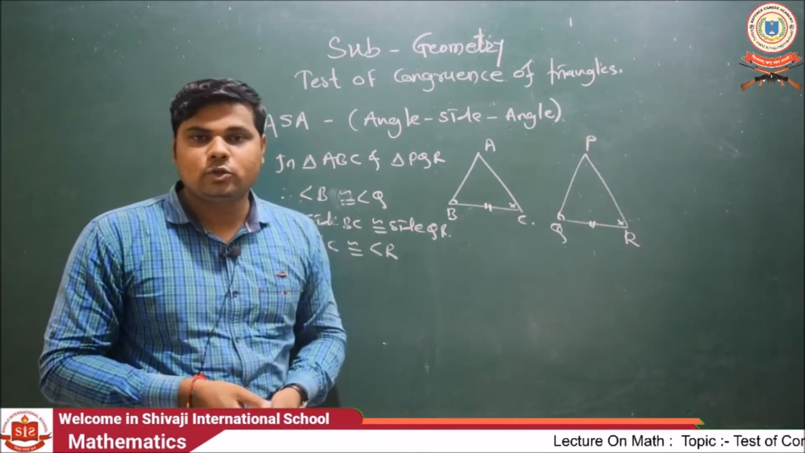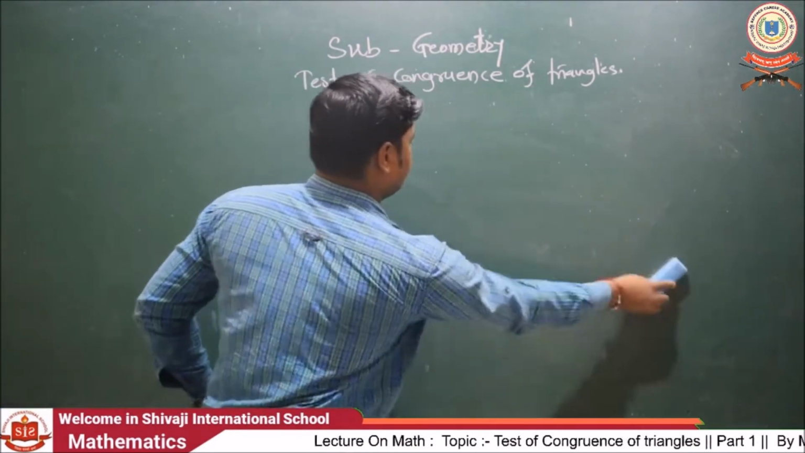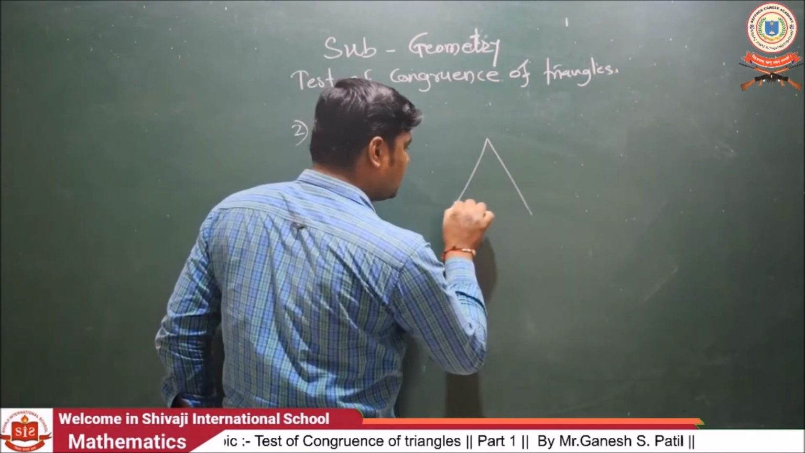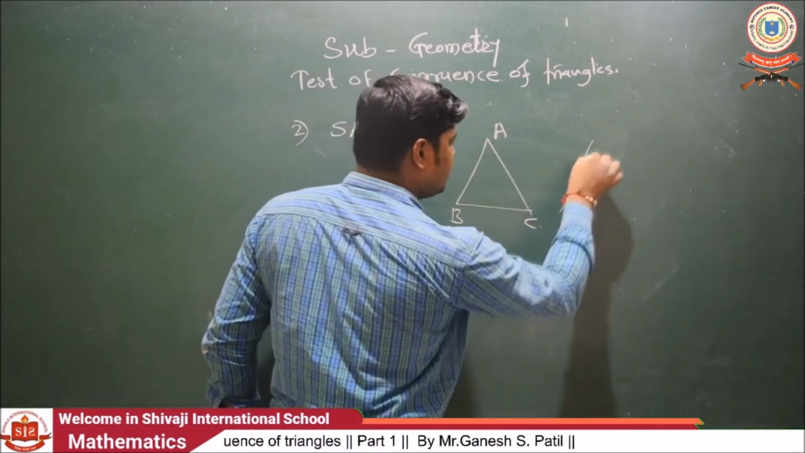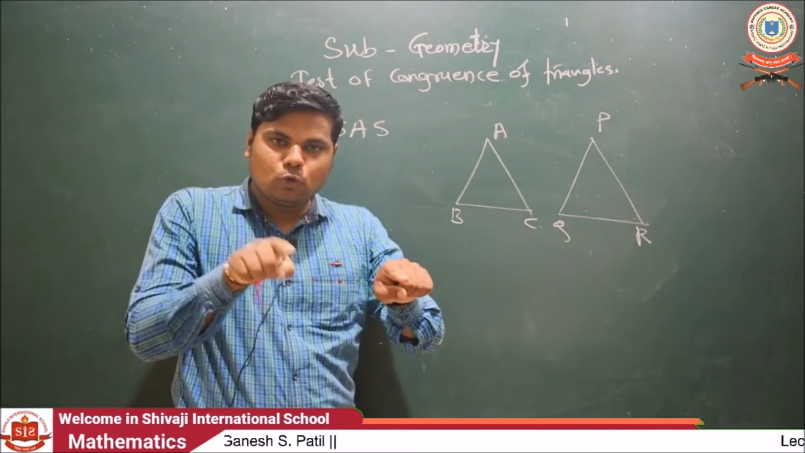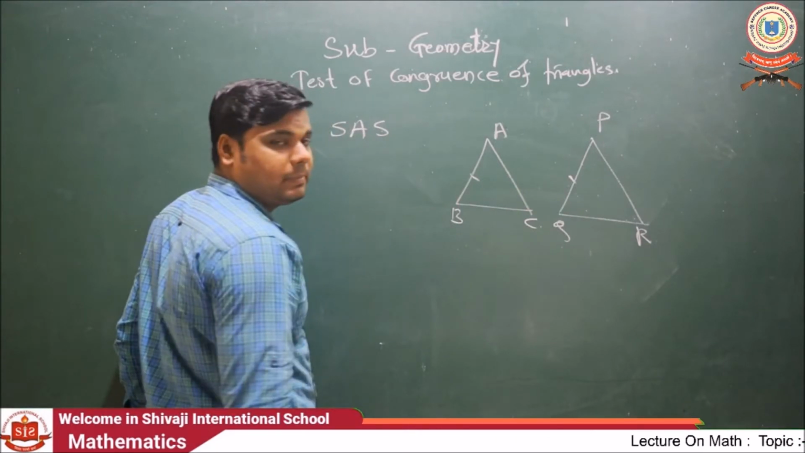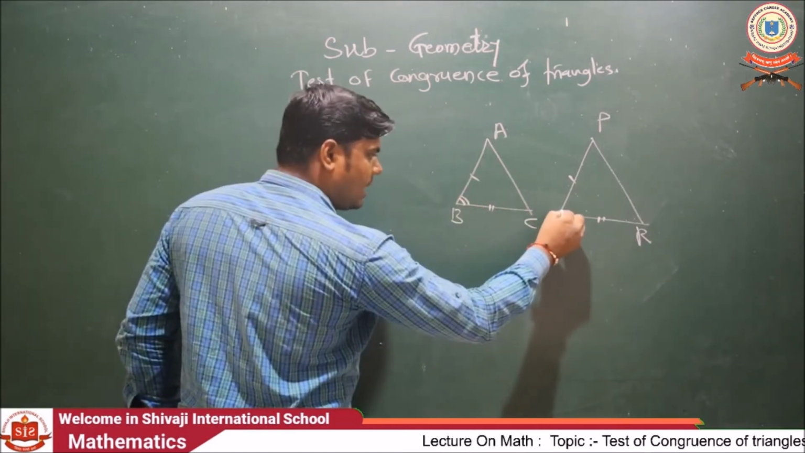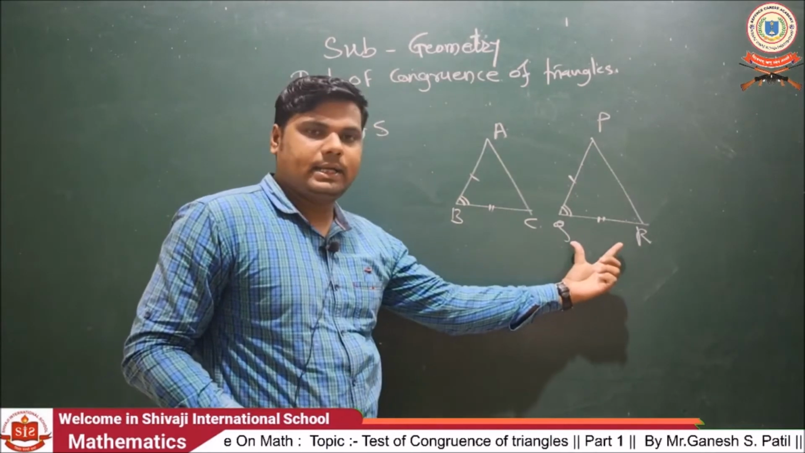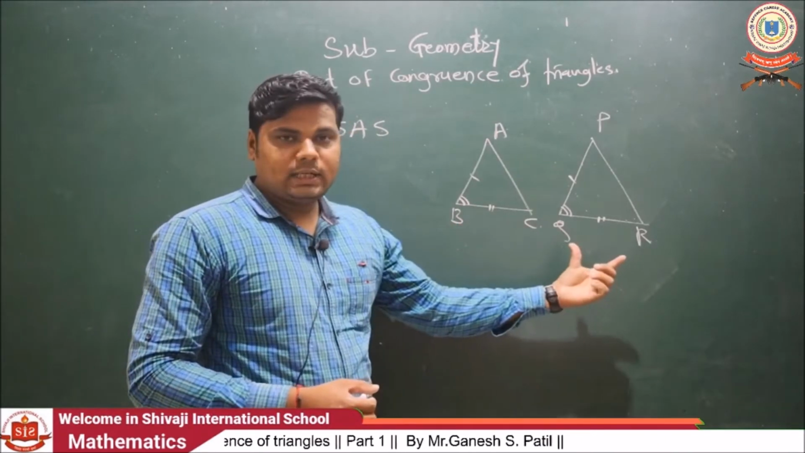Now we are going to learn the second test, and the second test is the SAS test. Here also two triangles ABC and PQR. SAS means two sides and the included angle. Two sides, suppose side AB and side PQ, side BC and side QR, and then angle B and angle Q. See here, sides AB and PQ have identical marks, sides BC and QR have identical marks, and angle B and angle Q have identical marks. Therefore, these two triangles are congruent by